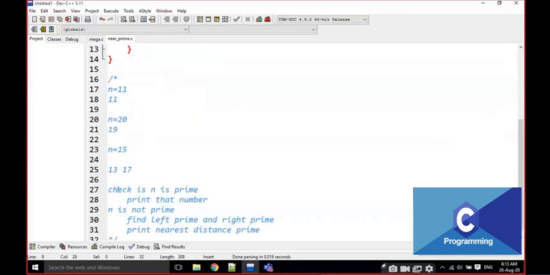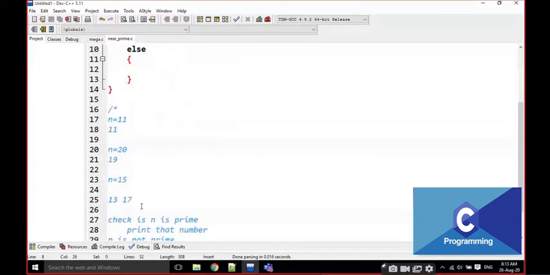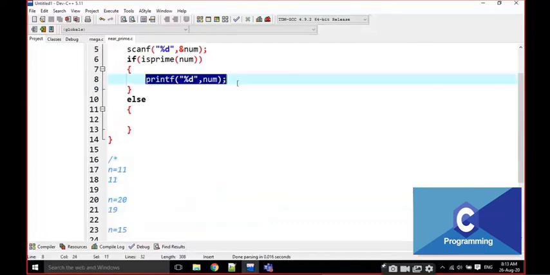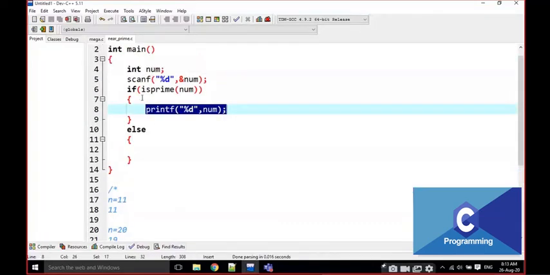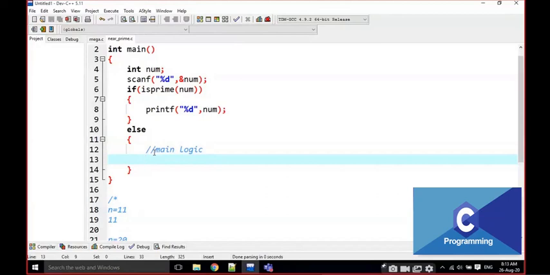Here I am checking that if the number is prime, then I am going to print that number. That's it, nothing else. This is the main logic. If it is not prime, then only we have to write the other part here.